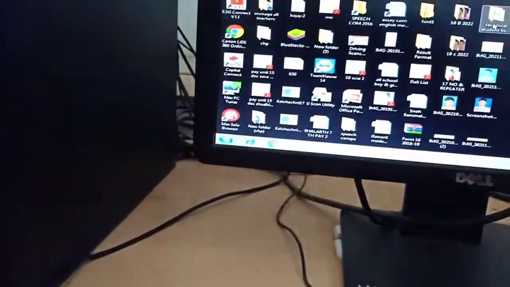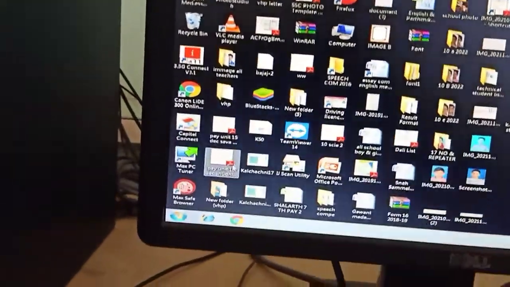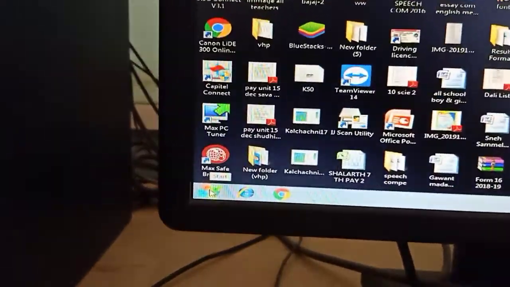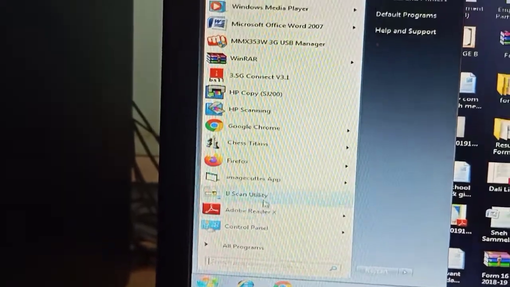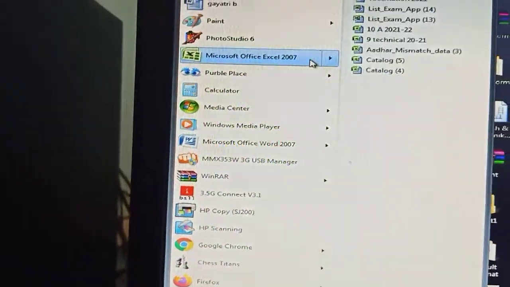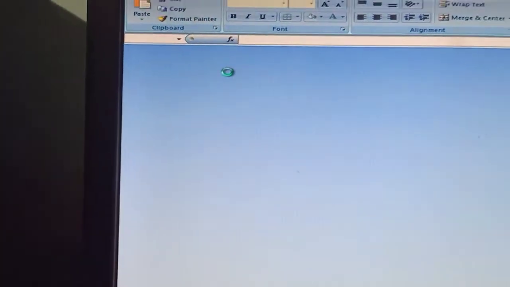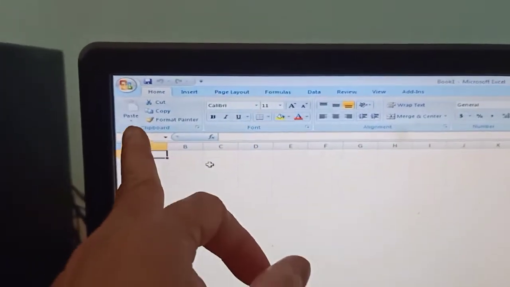Next one is Excel, Microsoft Excel. Again, go to the start button, click here, and then click on Microsoft Excel. On clicking you will see this type of screen. On the screen, there are various icons.